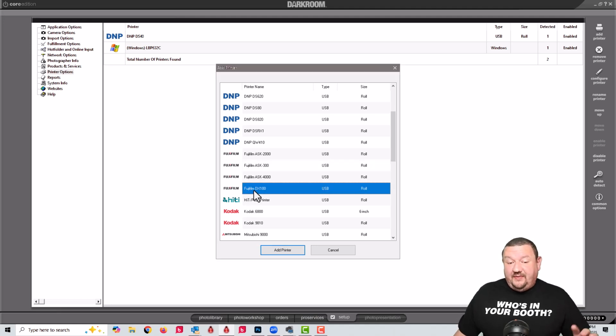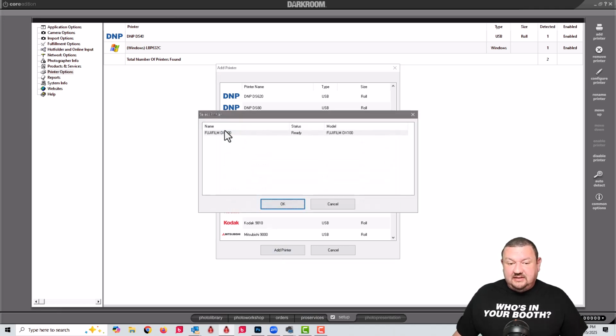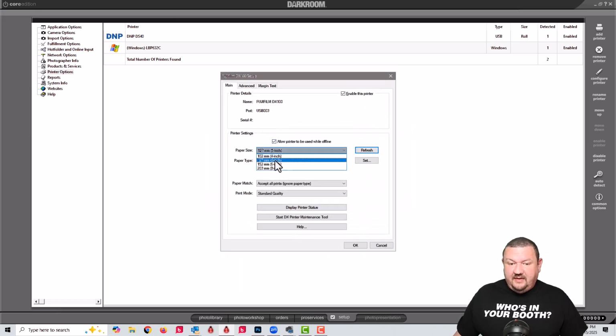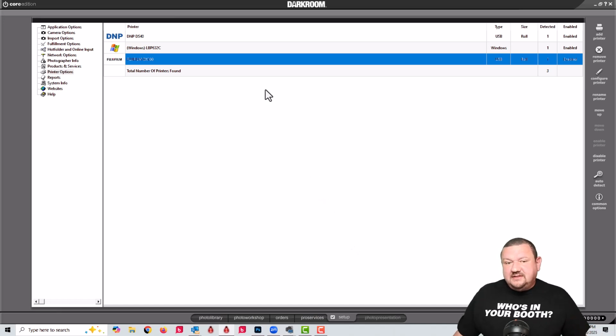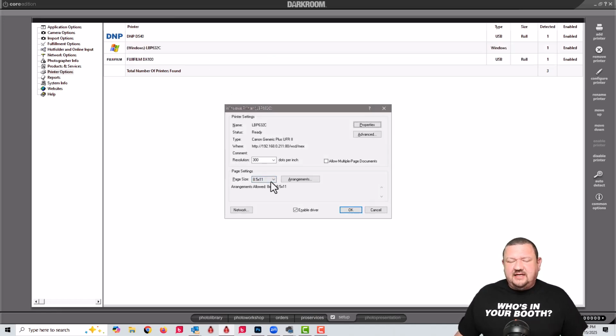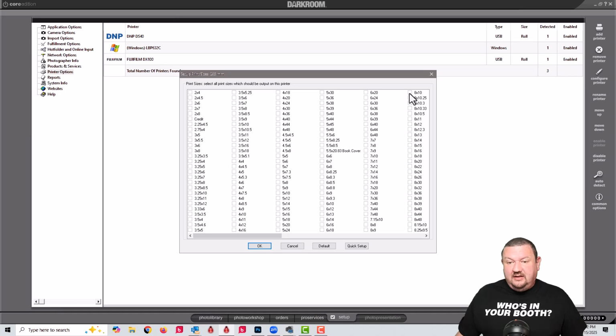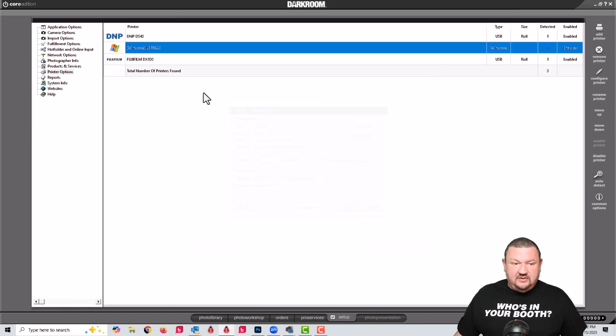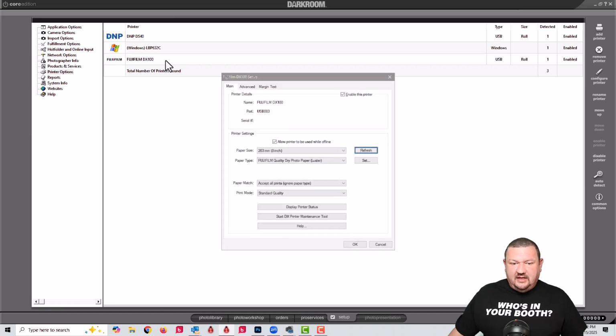Okay, so an example would be the Fujifilm DX100. I do have that driver installed. In this case, I can select it from my installed Windows printers and then make my updates to the print settings, and I'm okay to print. So this is an 8-inch printer, so there would be a conflict now with my Windows, my Canon printer. So let's say I only wanted 8.5 by 11s to go to that and not 8 by 10s. I would then go in, uncheck 8 by 10s, and let 8 by 10s go to my Fuji printer, and we can look at those settings